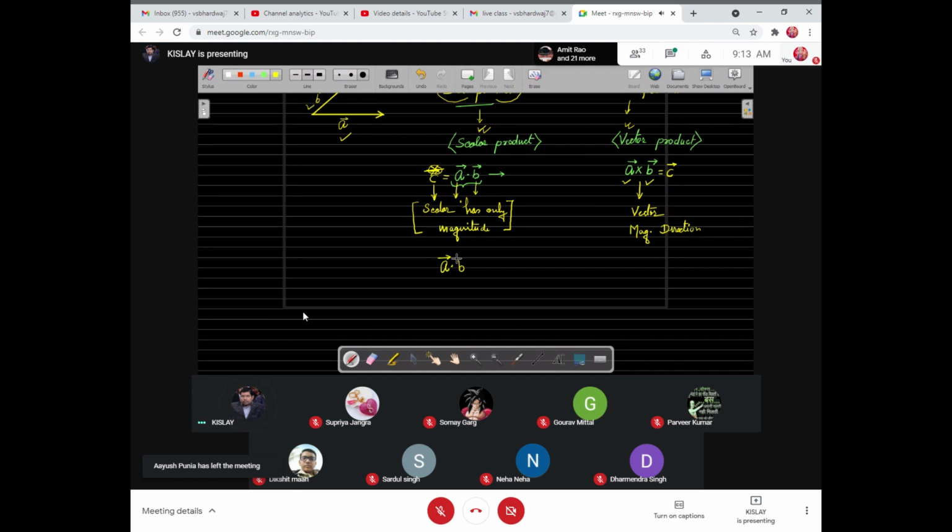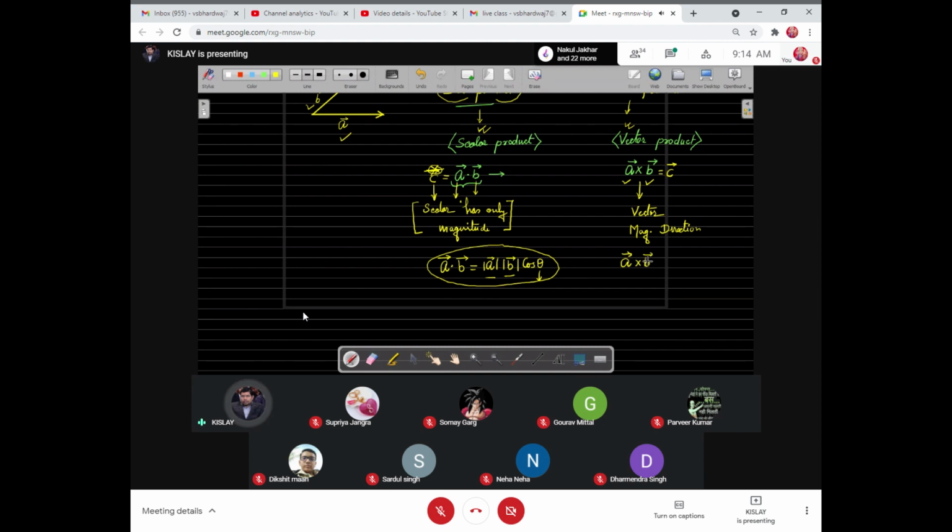इसी तरह से आप ध्यान देंगे A dot B कैसे निकालते हैं. A dot B, मैंने डिस्कस किया था डिटेल में. A dot B का मतलब होता है magnitude of vector A into magnitude of vector B into cos of the angle between the vectors. So here theta is the angle between A and B. I hope it is clear to all. It is the formula for dot product.